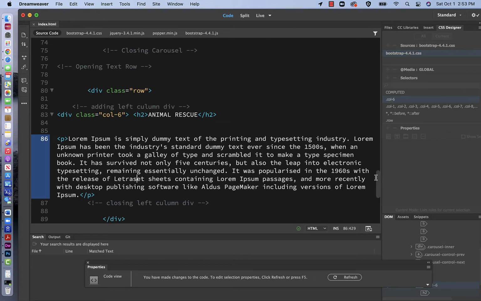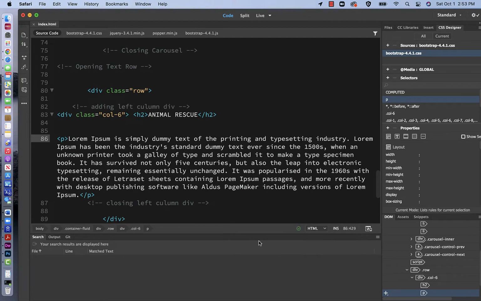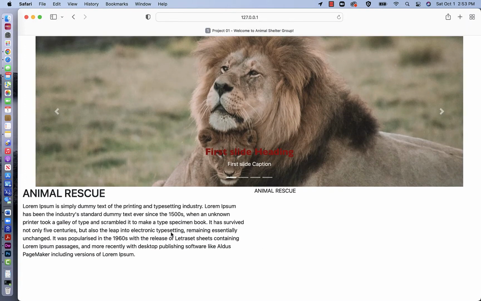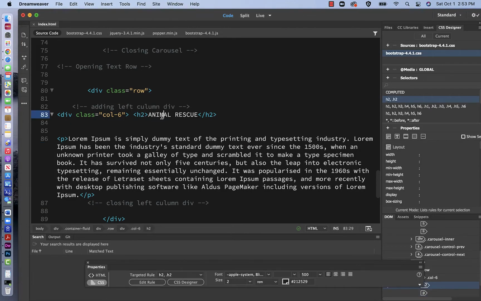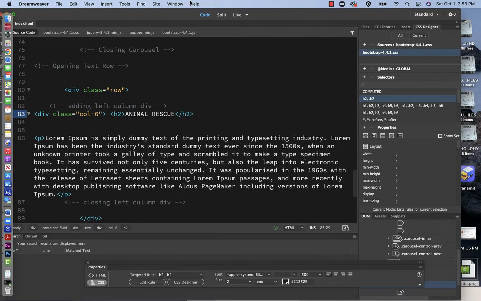And I'm going to save, come back here, preview. So it's going to look something like that. There's a couple of things I want to fix here. First, I want to change the color of my header. And as you can see, I have a lot of different types of headers here. However, this one is specific to this column that is inside this row. So I can customize this header differently than the ones that are black by default on my